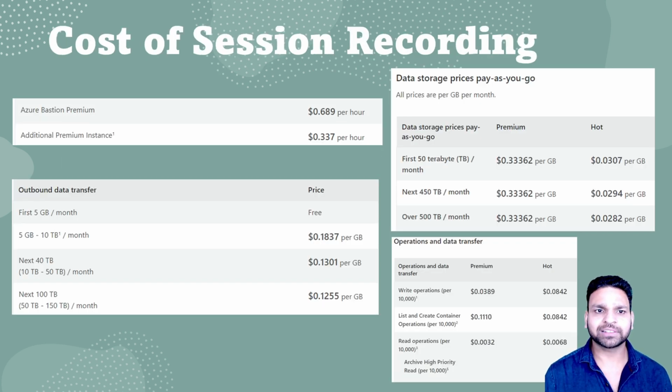Now, if you enable the session recording, how much will it cost? So there is no specific cost for session recording feature. However, because you have to use the premium SKU, there is a cost for that. As you can see, 0.689 per hour for using the Azure Bastion Premium, where by default you use 2 instances. And in case you're using more instances, then you have to pay extra for it. Then if you're copying data out of the Azure Bastion, then there is a separate charge for that, outbound data